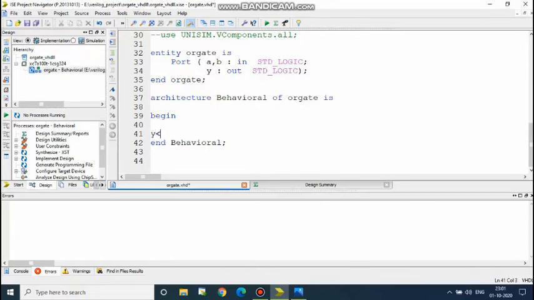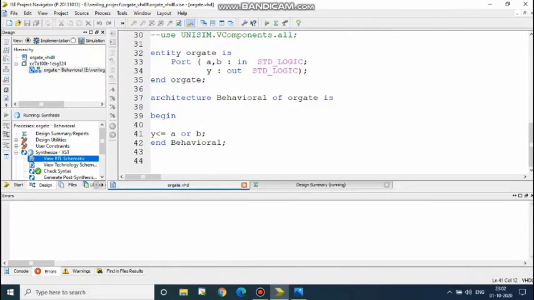So I am writing Y assigned to A or B, and save it. Under Synthesize - XST, there is Check Syntax. Check syntax. The syntax is correct.